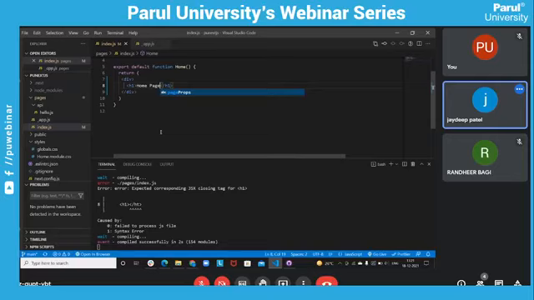Now look, this is our home page. If you write anything inside this page, this is your home page, and it is rendered when you hit your base URL.